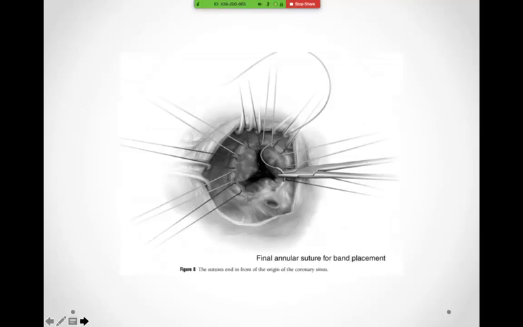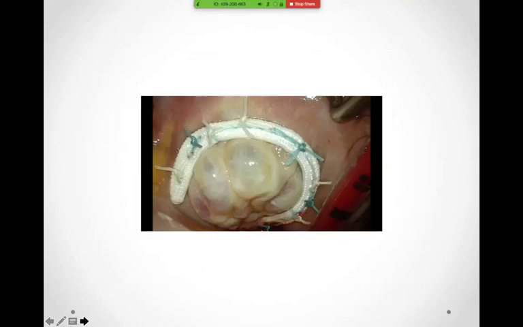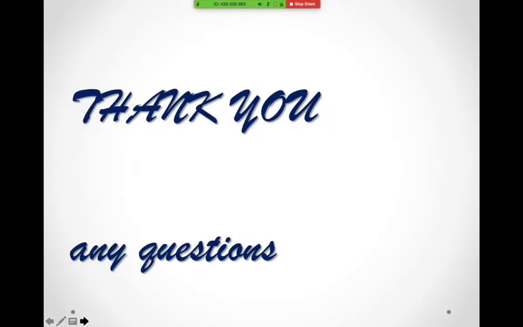The difference between ring placement and suture annuloplasty is that here we use interrupted, non-pledgeted sutures along the anterior and the posterior annulus. Next slide, please. The suture is taken through the tricuspid ring. The ring is lowered and the sutures are tied off. So this effectively reduces the size of the annulus along the anterior and the posterior annulus.